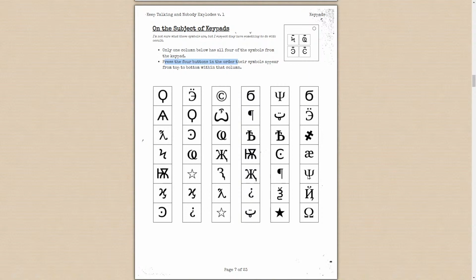Now, in HaachamaWare, I was thinking of maybe having Callie in the text bubble say some of those things like you would when reading the manual, and then you would have to press the right keys at the bottom, like the actual Keep Talking and Nobody Explodes. And I don't know if I should include the characters that aren't on the keypad, or the ones that you don't have to press.